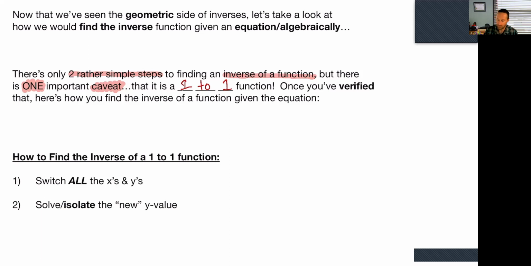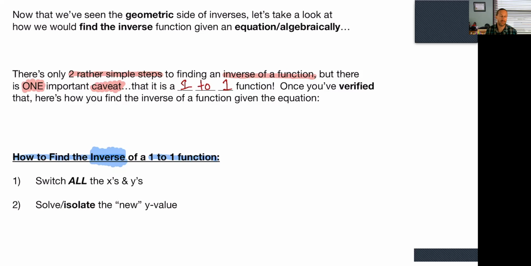Okay, you may have been in a relationship like that. But again, you want to make sure that your function is 1-to-1 in order to find the inverse. And once you verify that, then you can go on and do these 2 steps on how to find the inverse. Again, has to be a 1-to-1 function. Narrowed it down to 2 simple steps. Okay, if you're going to be finding the inverse,